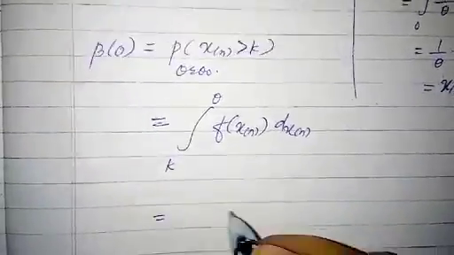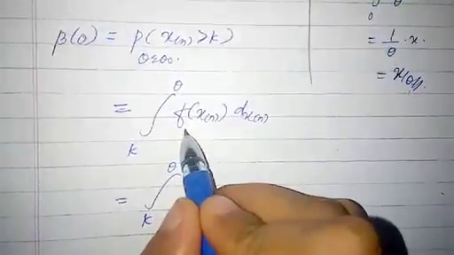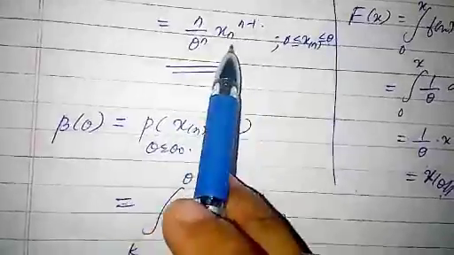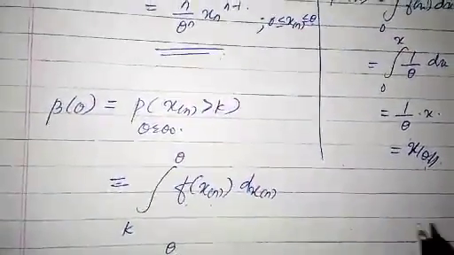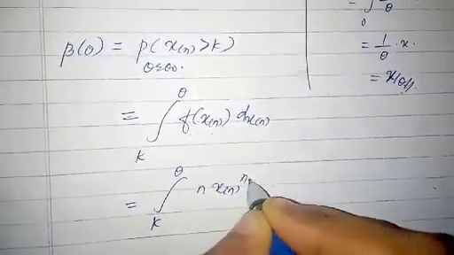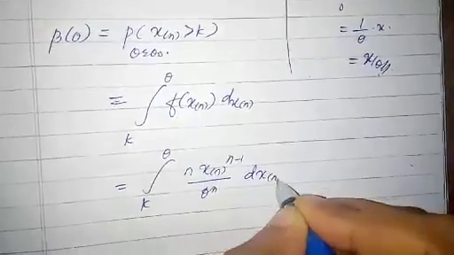Which is equal to integral k to theta. What is f of xn value? It is n divided by theta power n xn power n minus 1, right? So here n xn power n minus 1 divided by theta power n dxn,